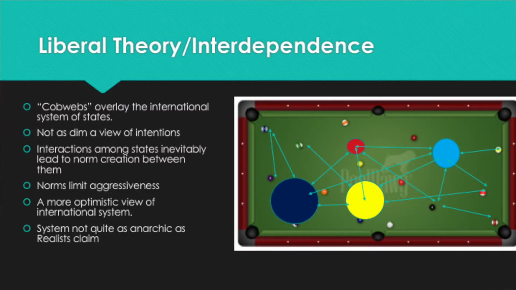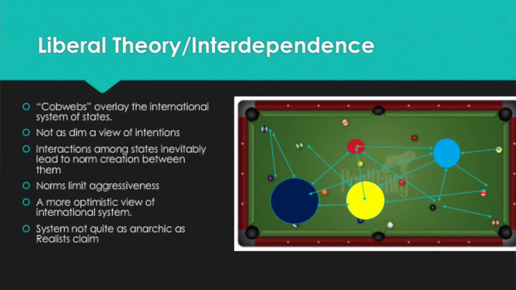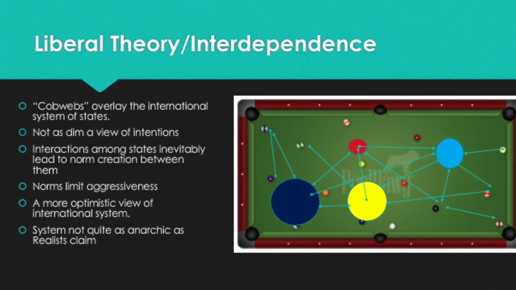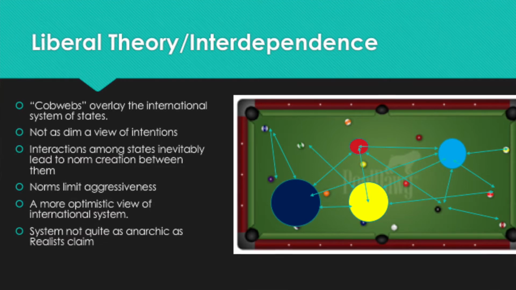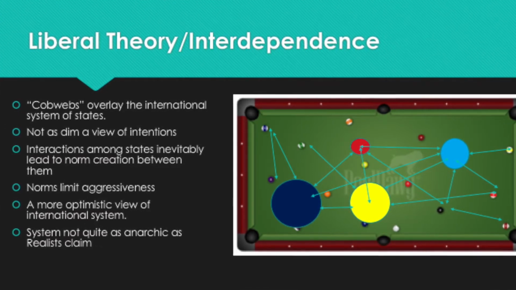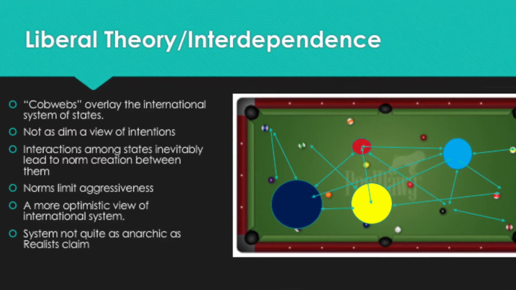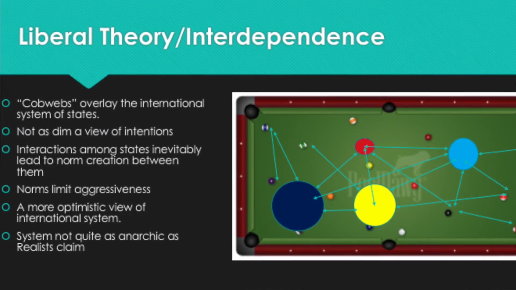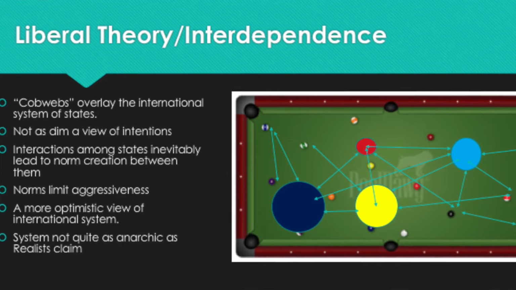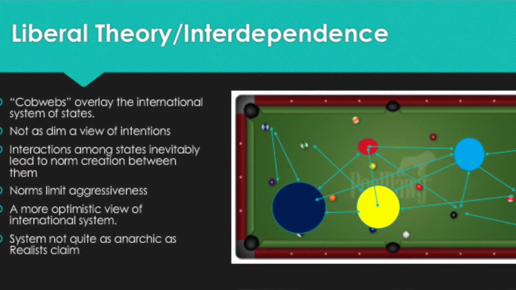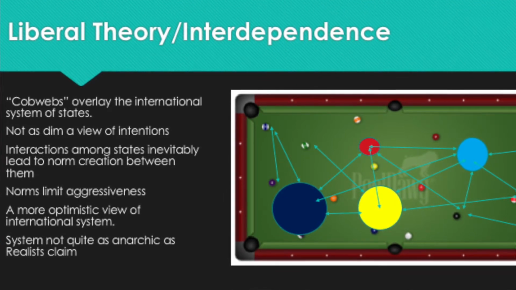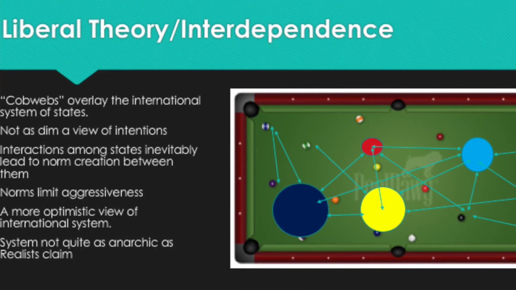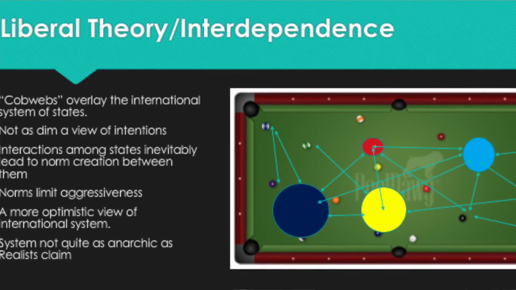Well, what about liberal theory or interdependence theory? Well, this is a different kind of interpretation of how the international system works, thinking about how states roll around the billiard table. Well, realists think that there's really very little constraining the movement of states around the table. But liberal theory, interdependence theorists would say, wait a minute, there are actually a lot of other things that constrain states. There are norms of behavior. There are cobwebs of institutional connections, financial, economic, trade connections that really constrain the arbitrary movement of states based purely on power. And so they would argue that the system is not nearly as anarchic as some of their realist colleagues would